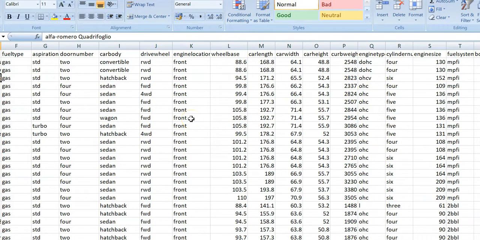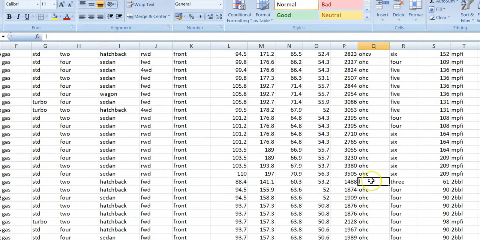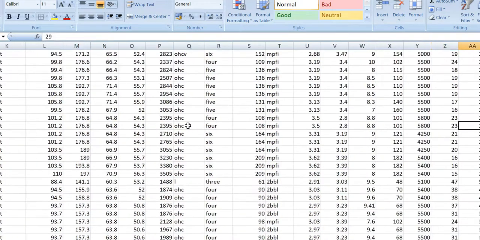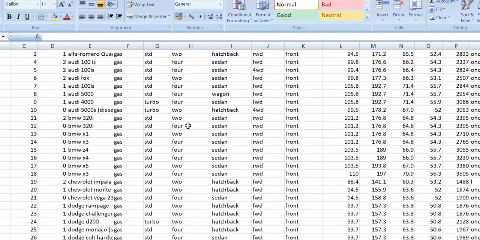Second, we also want to find out if there is any value which needs data cleansing. Suppose here, under the engine type, I have this string and I don't know what the use of it is. We will know when we upload this data and do our actual data cleaning activity. Now I'm going to upload this file into Python, and then we will start the data exploration.